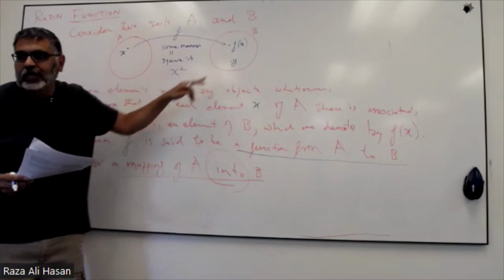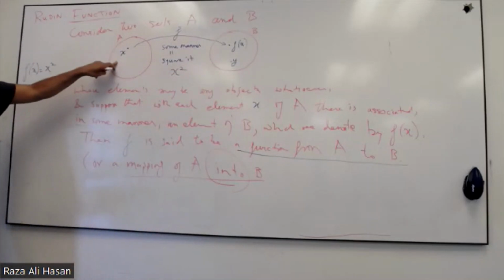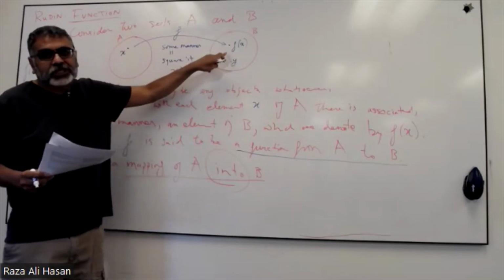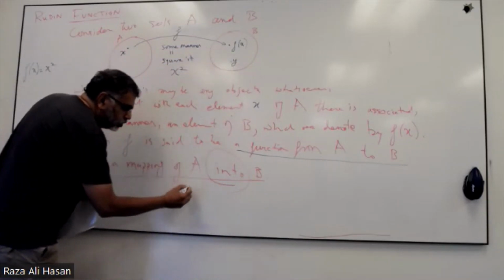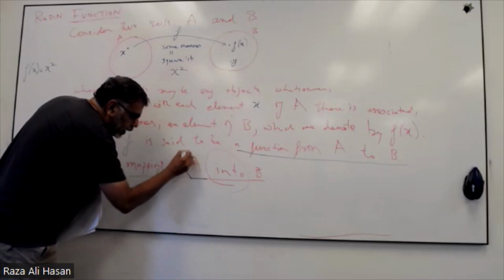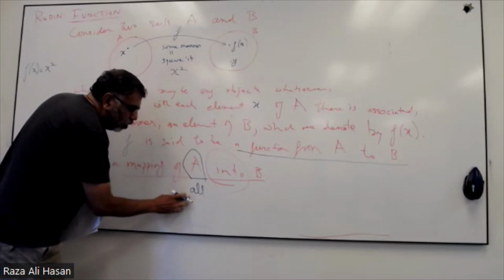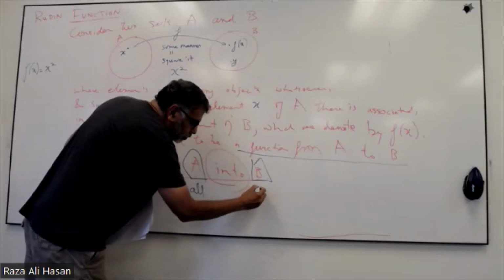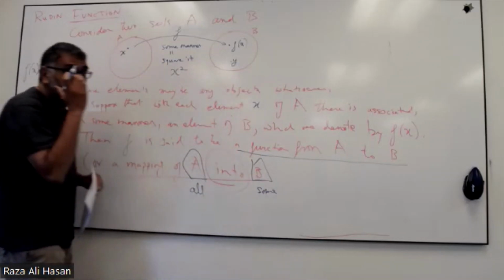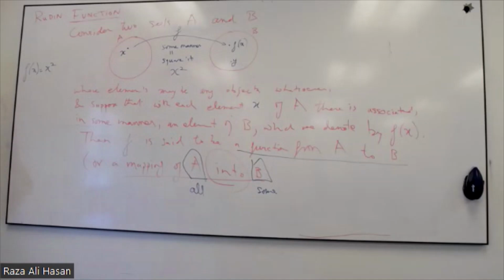So all from here go into some of here. That means into. In other words, I could put all of A into some elements of B, but not all. Okay, when you have this kind of situation, anyways,